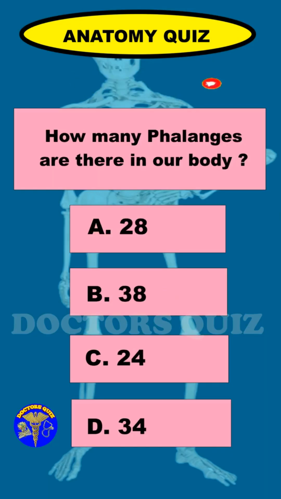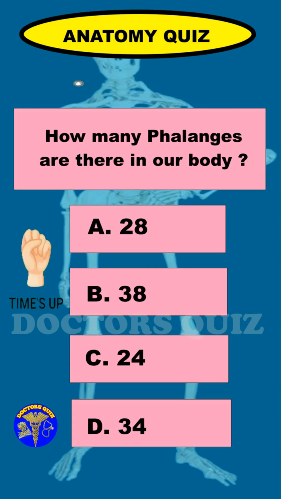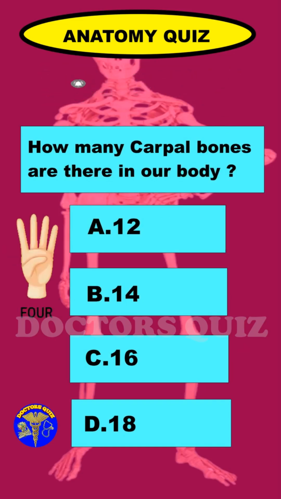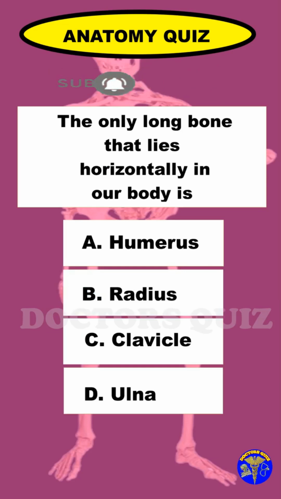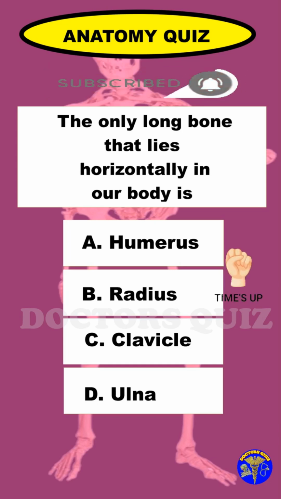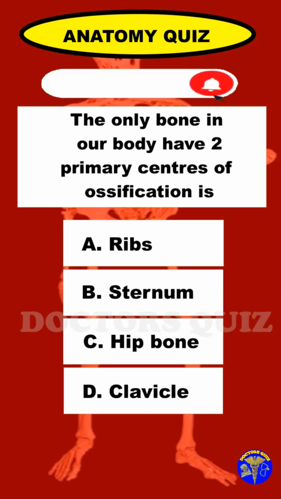6. How many phalanges are there in our body? 28. How many carpal bones are there in our body? 16. The only bone that lies horizontally in our body is clavicle. Trapezius muscle inserted into which border of lateral one-third of the shaft of the clavicle? Posterior border. The only bone in our body have 2 primary centers of ossification is